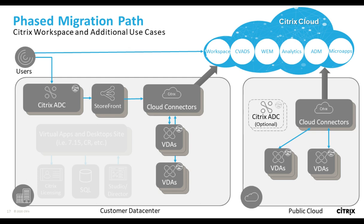In conclusion, from walking through these diagrams, the cloud migration has a few parts. We can summarize it in number 1, opening up a Citrix Cloud account. 2, implementing some non-critical path items for supporting features on an existing environment. Number 3, converting existing workloads simply by re-registering VDAs to the cloud connectors. And then number 4, augmenting the solution through additional cloud capabilities, whether that's public cloud, Workspace, SaaS apps, or some